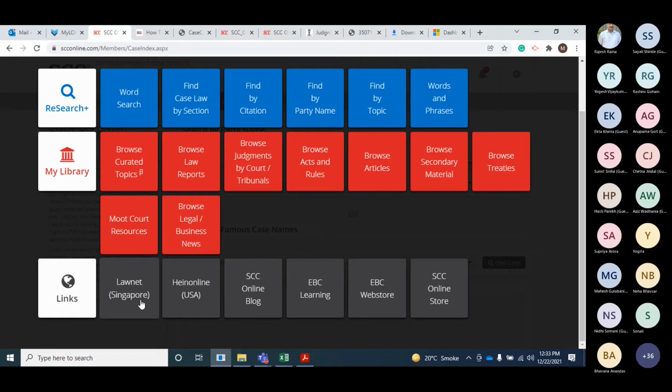LawNet software is only and only used for accessing Singapore judgments or Singapore acts. So whenever you are looking for judgments from the Supreme Court of Singapore, please go to LawNet. Hein Online is not being subscribed by your university till now. Hein Online is a different software which gives you legal journals from all around the world,